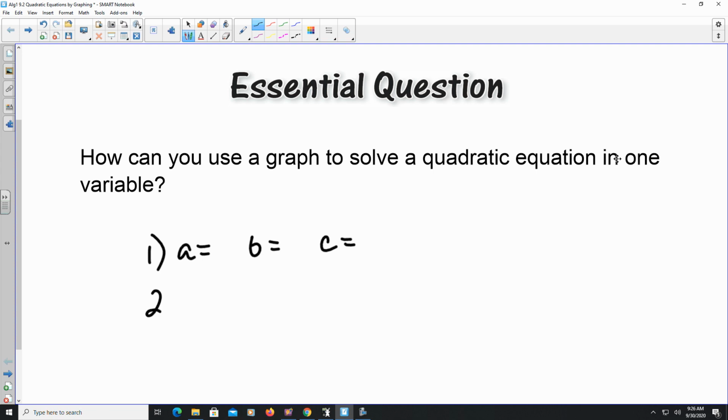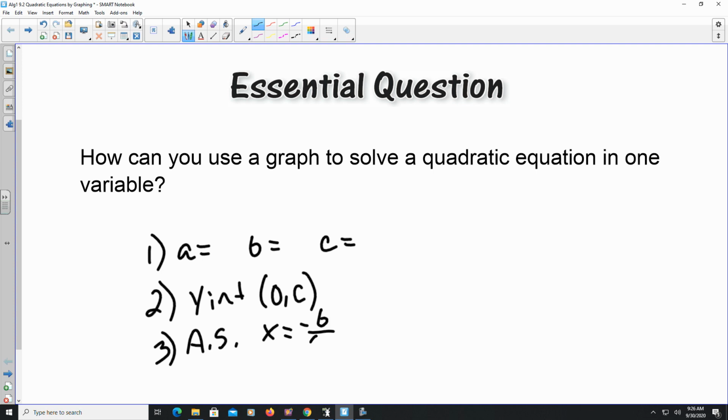The second thing was to determine the y-intercept for that particular equation, and it was always going to be 0 comma whatever the value of c was. And then we could graph that. The third step was looking at the axis of symmetry, and that was the equation x equals